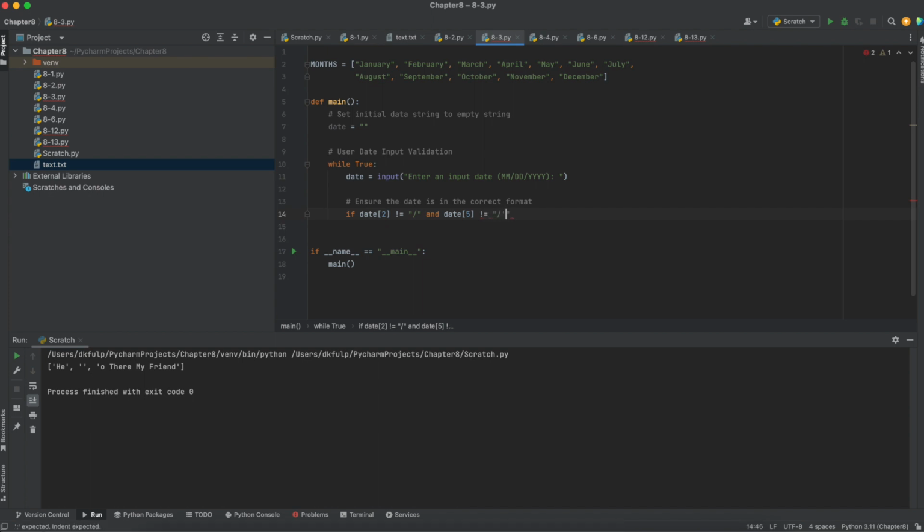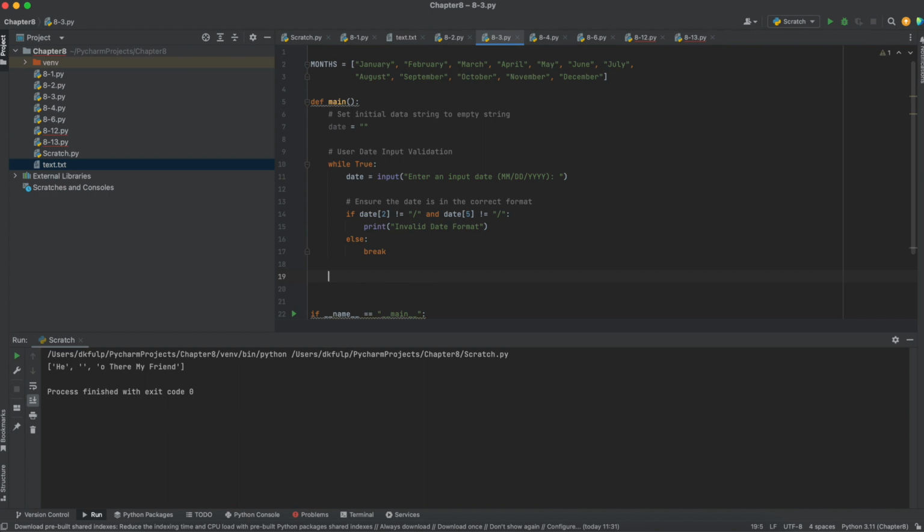Showing there. Then we want to print invalid date format, just like that. Else, which means we have a valid date now, we can break. Now we can go further with this input validation if we wanted to, but for right now, that's a decent spot. So we can then split the string